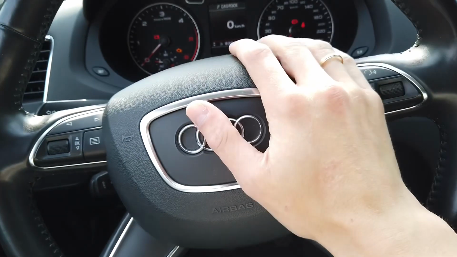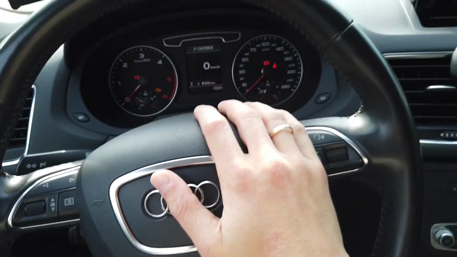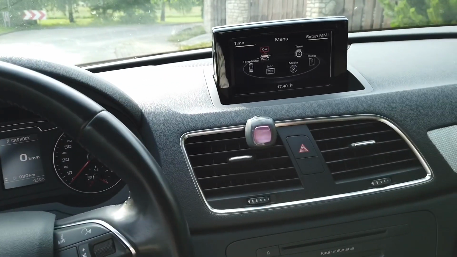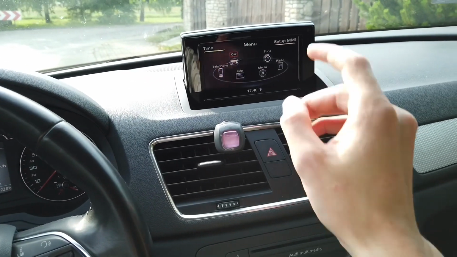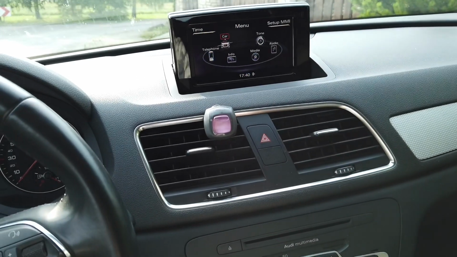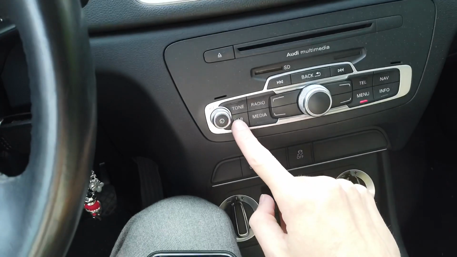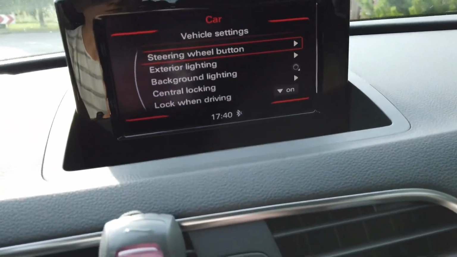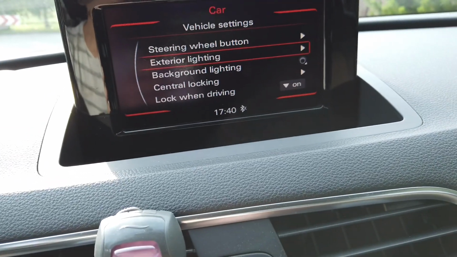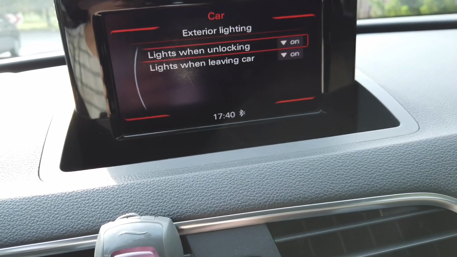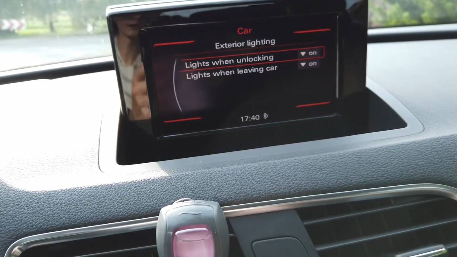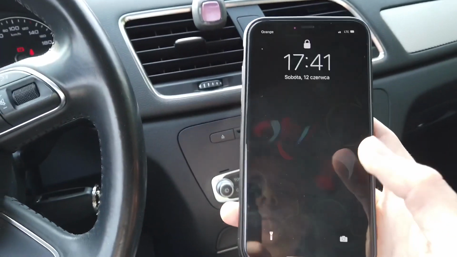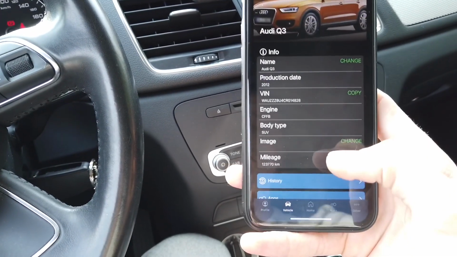Hey guys, today we are in a 2012 Audi Q3 with RMC system and xenon lights, and I'm going to try to enable daytime running lights settings from the MMI, from the RMC system. So if you press car and go into vehicle settings and scroll down to exterior lighting, there's no option for the daytime running lights, but hopefully we can enable that with OBDeleven, which I have over here, and it's already